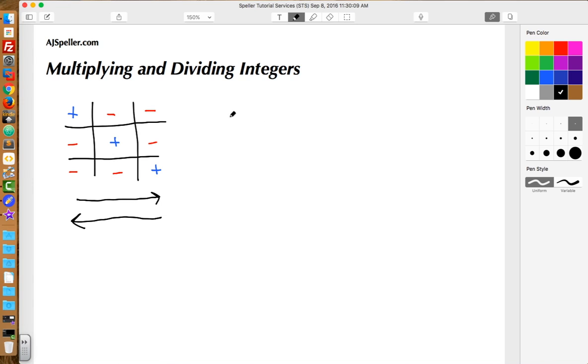Now let's look at an example. Let's say we're multiplying the number 2 times a negative 4. So we have a positive times a negative, and we see that gives us a negative. Another way of using it would be from top to bottom: a positive times a negative gives us a negative. Or at the top here, from left to right, a positive times a negative gives us a negative. So the answer is going to be negative for the sign, and then we just multiply the two integers, 2 times 4, to give us 8.